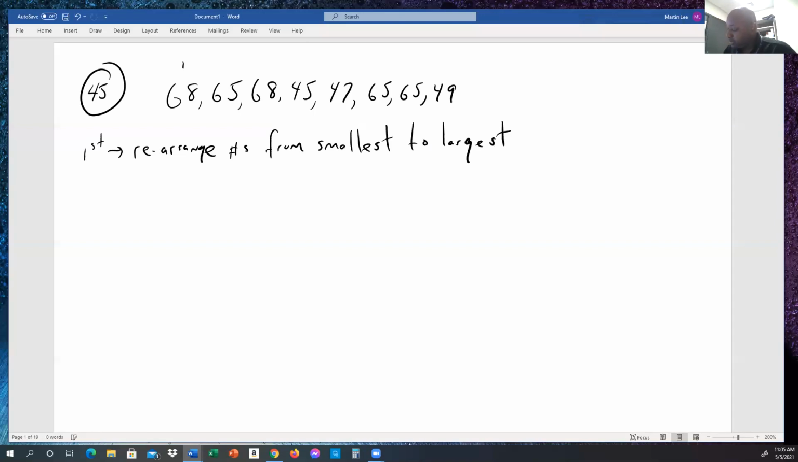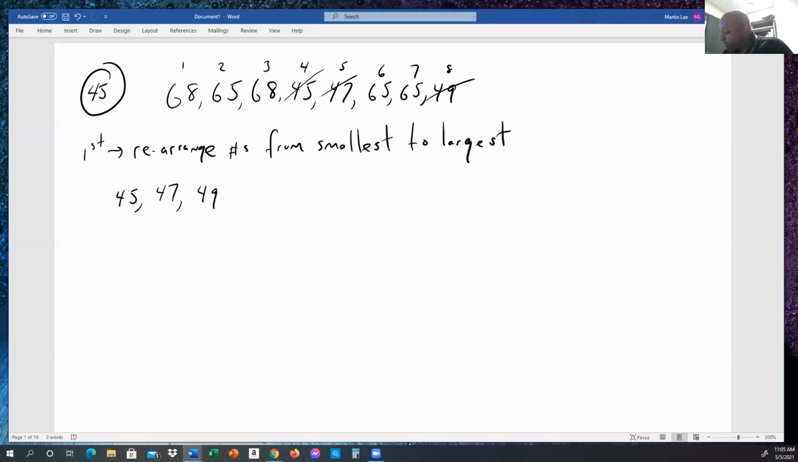So let me count this. Okay, that's my first number, second number, third, fourth, fifth, sixth, seventh, and eighth. So we have a total of 8 numbers. Okay, my smallest number is 45. Okay, my next is 47, then 49,